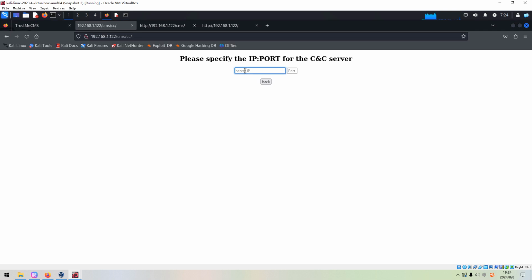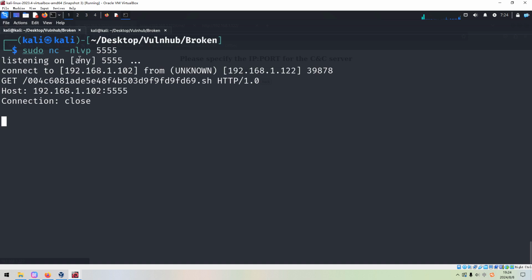Now we can specify the C and C server IP address and the port number 555, and we can click hack. As you can see, we got the connection from the target. We can even get more detailed information. The target is trying to download this shell script.